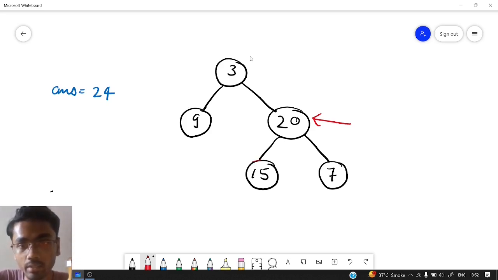So we get the answer, yes, its left child is a leaf node. So we can add this 15 to our answer. Why are we not checking the right child? Because we only need the sum of left leaves. We don't have to take care of the right child.